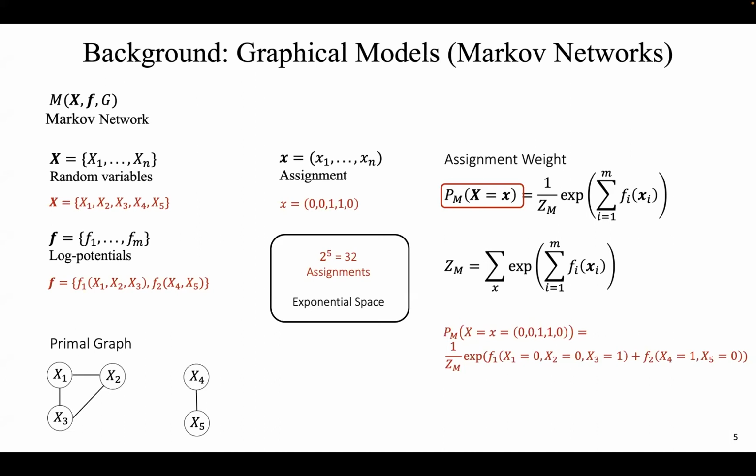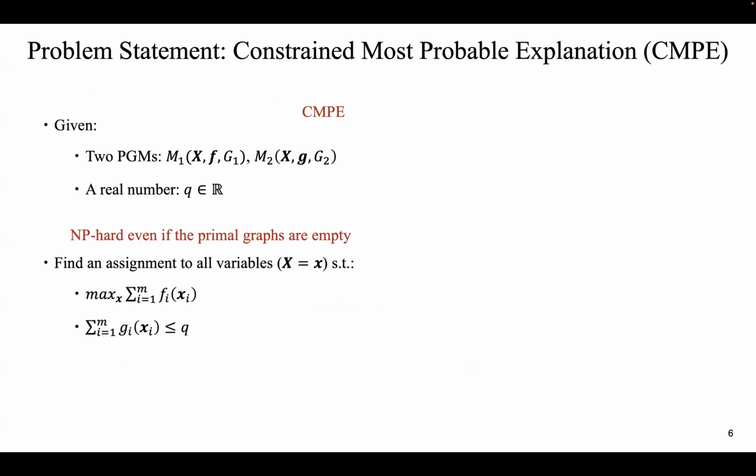So given this background, let me now give you the problem statement of constrained most probable explanation. And as I said, most of the problems that I described before can be reduced to this CMPE task. So you're given these 2 PGMs, let's call them M1 and M2, that are defined over the same set of variables, and you're given a real number Q. And now your task is to find an assignment to all the variables, so to find an assignment to X